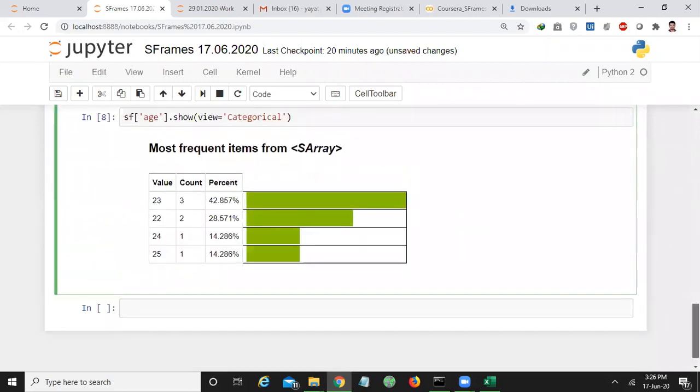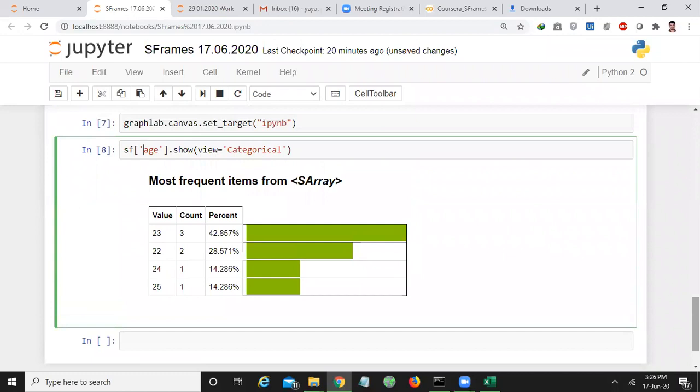See, like this. Here I want to do the visual study by taking my Python notebook as the target. I don't want to open this in another web page. In the same notebook, I want to study the visual data. So I want to study only the age column of my SFrame.